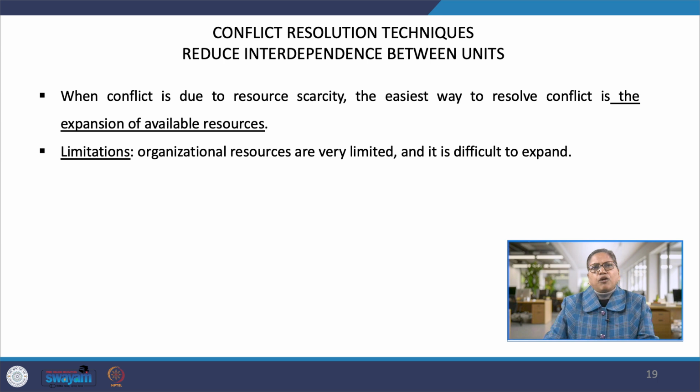The greatest strength of this conflict resolution technique is its ability to allow each conflicting party a victory or win-win situation where both the parties have equal share so that the conflict reduces. Expanding resources as a resolution method is extremely successful because it leaves the conflicting parties satisfied. The limitation of this approach is that organizational resources are limited and it is difficult to expand existing resources.